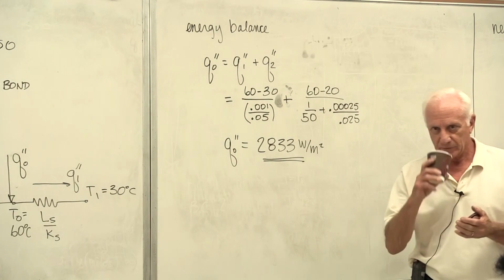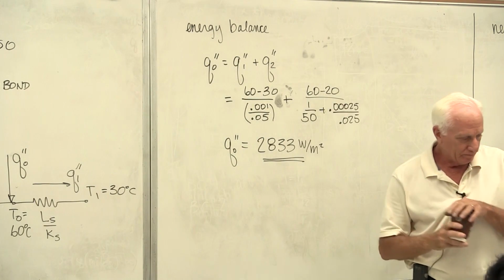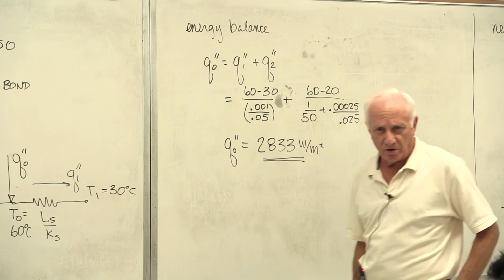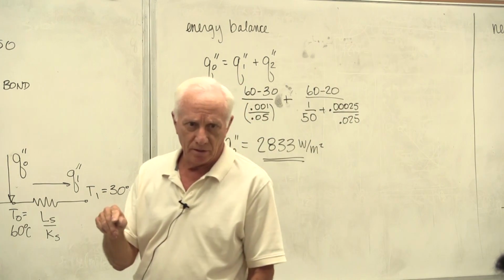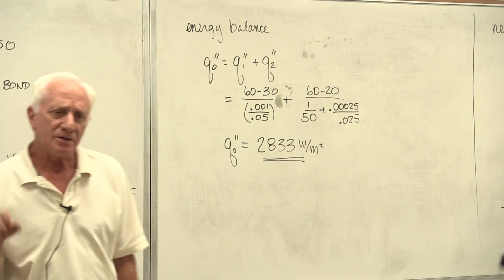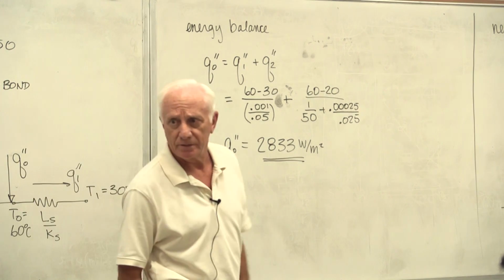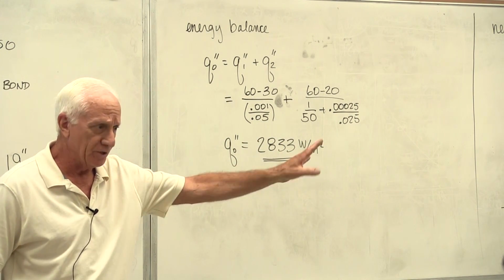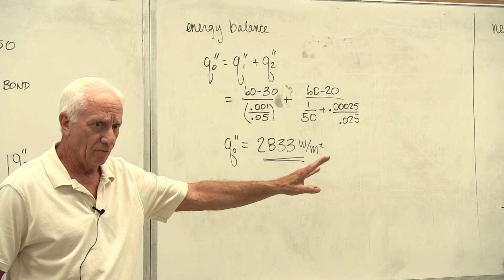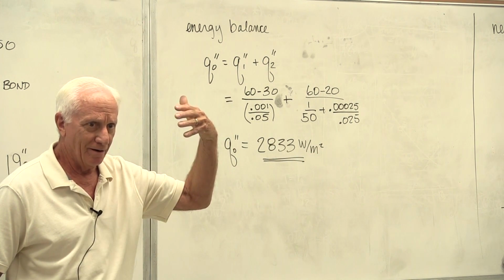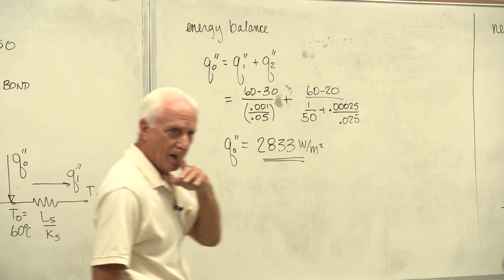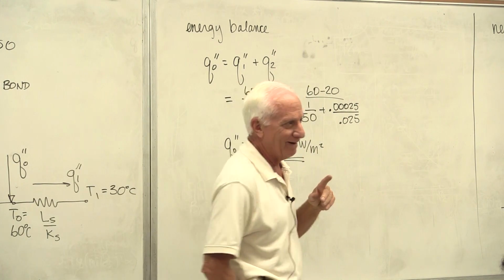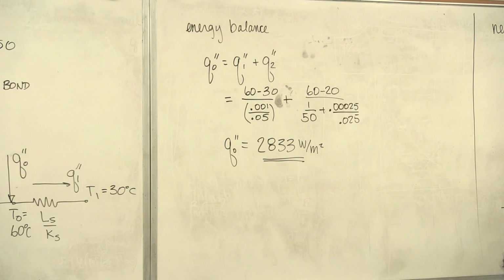Is Q naught double prime usually generated by electrical means? Do you have a rear window defogger on your car? Can you flip the switch on the dashboard and defrost the back window? How does it do that, do you think? Does it blow warm air, like in the front, on the dashboard, the windshield? When you defog that, what happens? Doesn't hot air blow up there? Do you think the back window does the same thing? Did you ever look and see what's on that glass? Black lines. You didn't put them there, right?